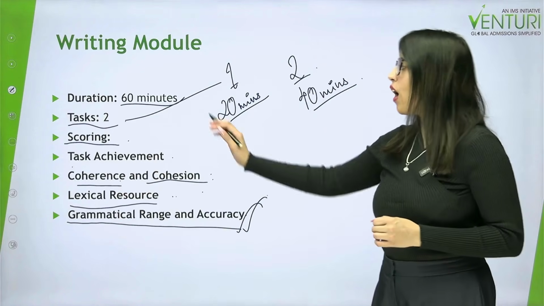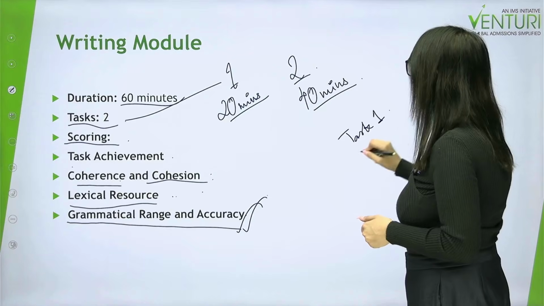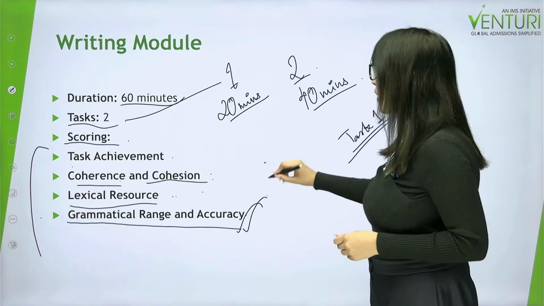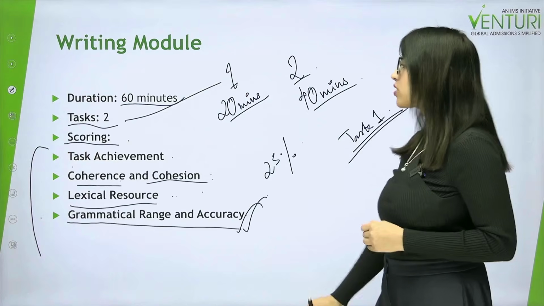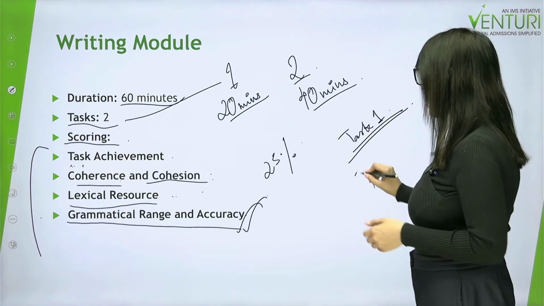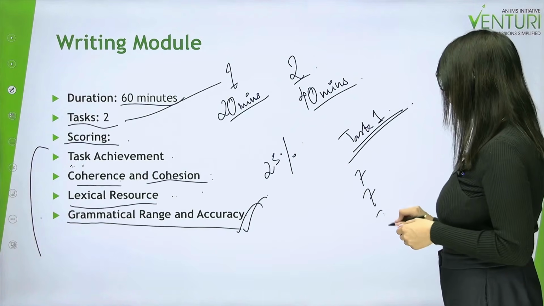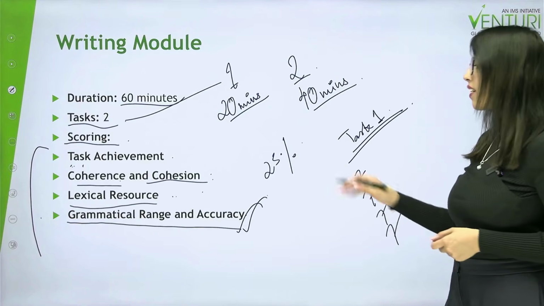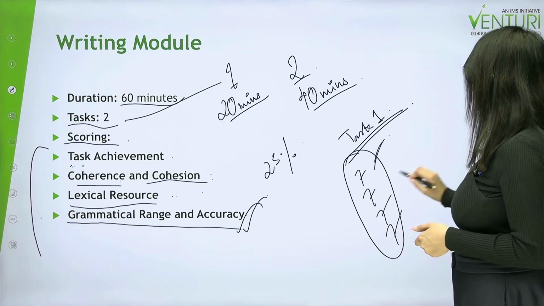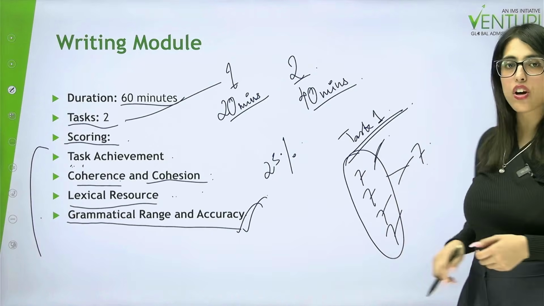Now let's understand how they score you here. So say for instance you have task 1, you have a question there, right? So you are going to be judged on all of these 4 criteria, which are going to have 25% weightage each. Alright, so say for instance you have task achievement, so they will give you a band for this. Say you get 7 on task achievement, 7 on cohesion and coherence, 7 on lexical resources, and 7 on grammatical range and accuracy also. So this is your overall band for task 1, alright, which is 7, because all of this is going to come up to an average of 7 only.